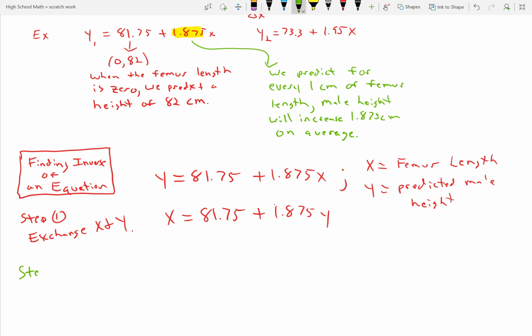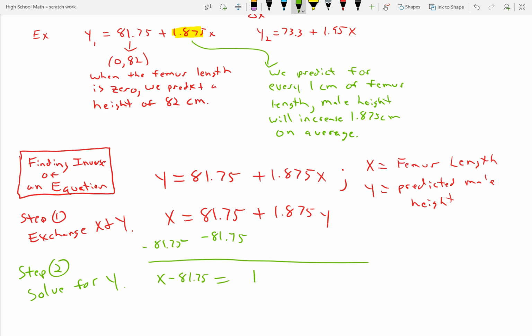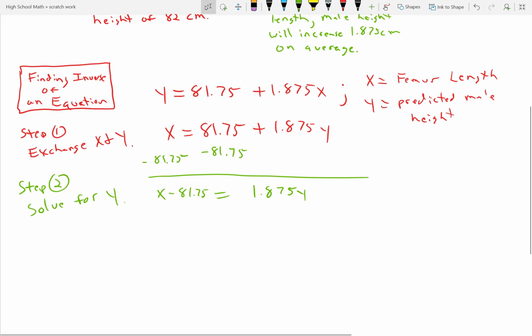Step 2, solve for y. In this case, if I'm going to solve for y, I'll subtract 81.75 on both sides. Left-hand expression, x minus 81.75. Right-hand expression, 1.875y. Dividing both sides by 1.875, the coefficient of y,